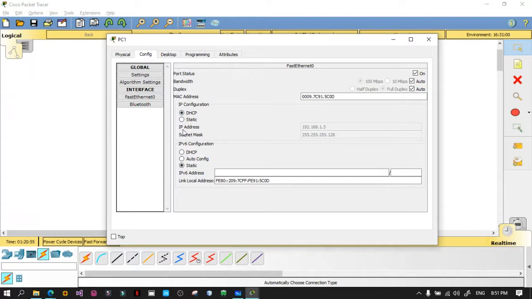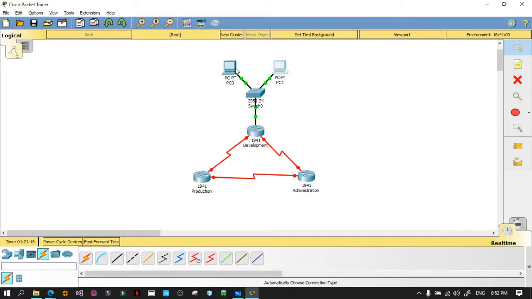Then the IP address given to PC1 is 192.168.1.3, which means it is within our usable hosts. So that's how nice DHCP is, right? It automatically gets the address, and it gets the subnet mask too. And take note, PC0 has the same config,